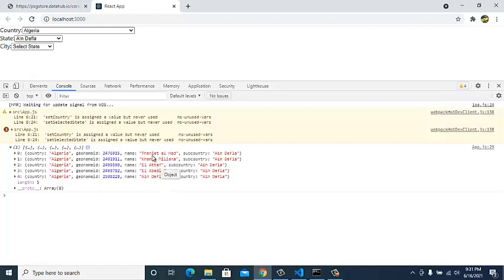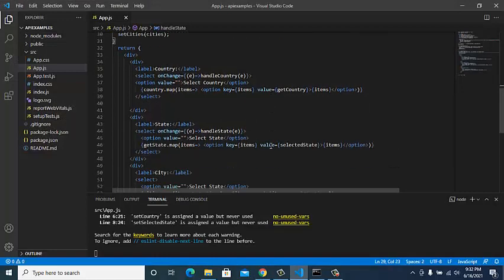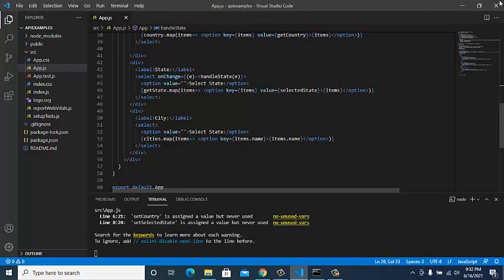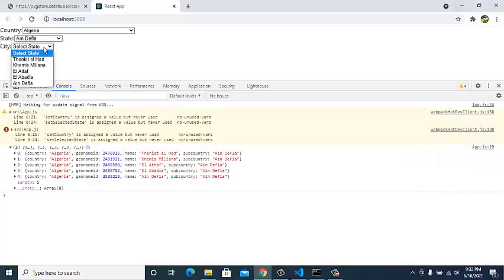So I have given the name as the key. I could have given this geo number also as a key because it is also not repeating, but you can use any of them. To show the data I have used items.name. Now only these things will be coming.